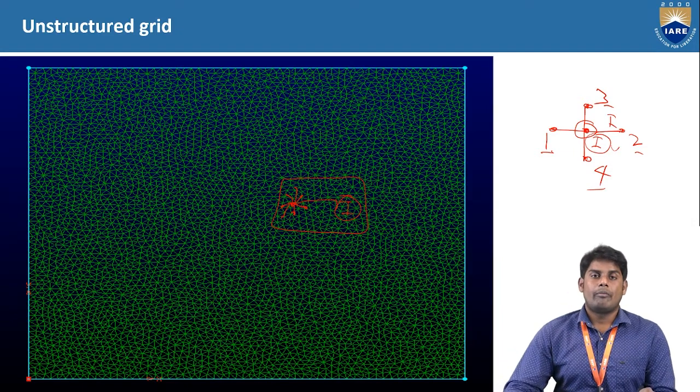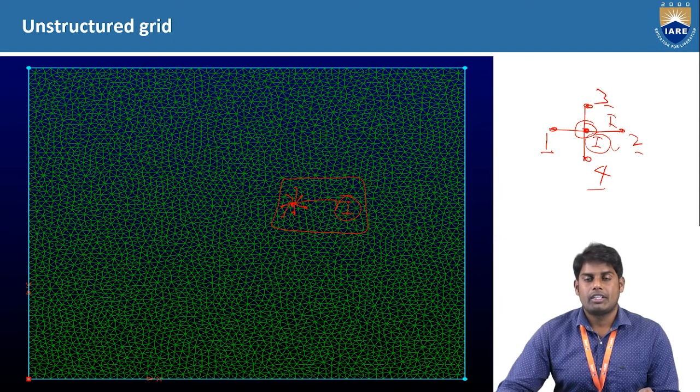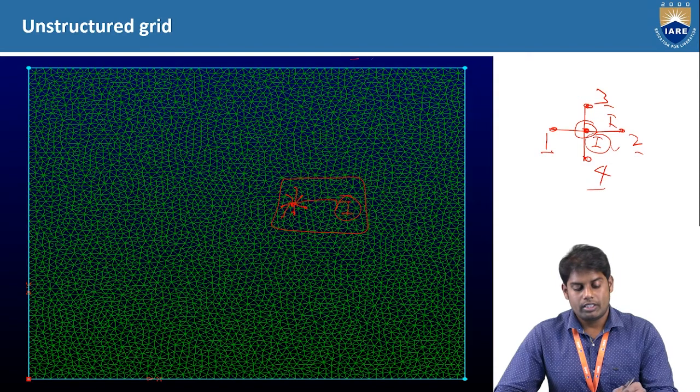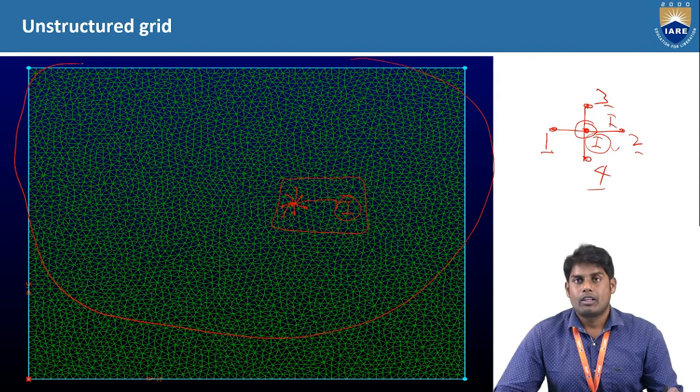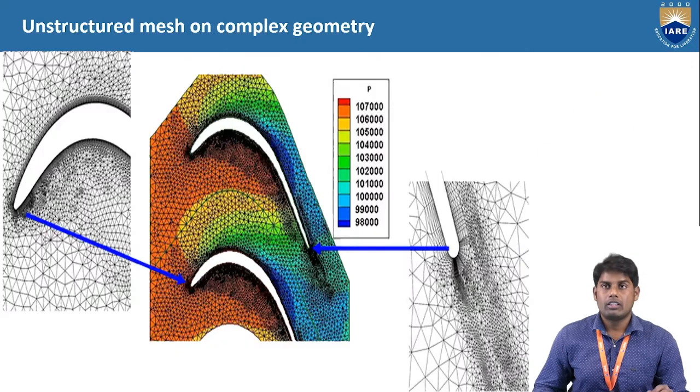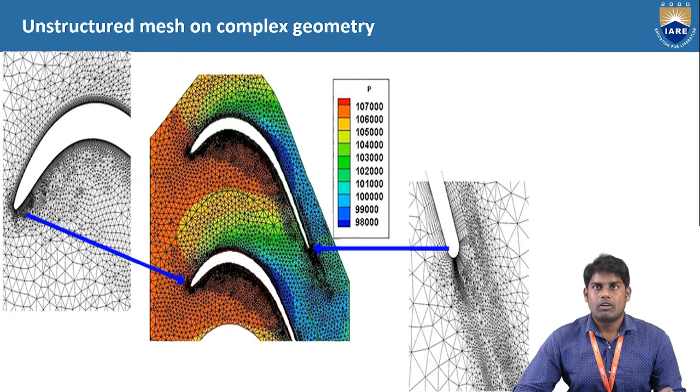Therefore this unstructured mesh or unstructured grid will be used only when you have a complex domain or a complex geometry. When you have regular boundaries, let's say a rectangular or a square domain, these boundaries are regular, so here you can go for a structured mesh. There is no need of going to unstructured mesh. Why? Because it's very simple to perform the gridding. When your boundaries are not regular, or if the boundaries are complex, then you can go directly for unstructured mesh. Here you can see a simple example for unstructured mesh.